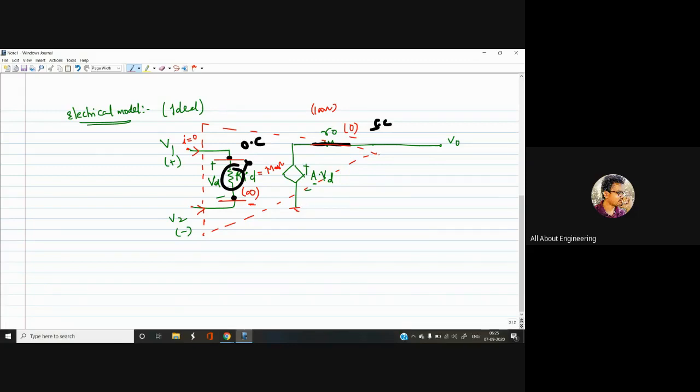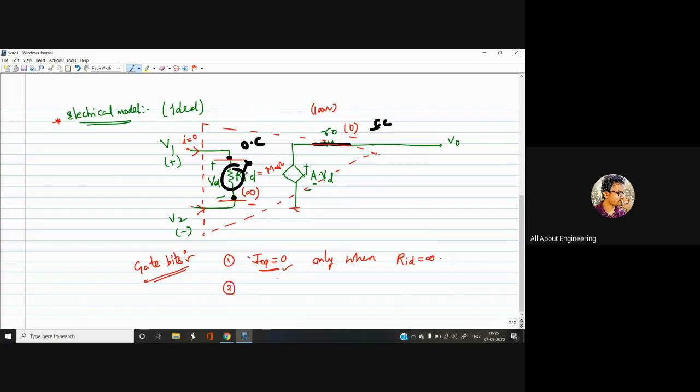Based on this concept of the electrical model, there were two previous GATE questions asked on this topic. Let me briefly tell you about them. If the input current I_OP equals 0, when is this possible? That is the GATE question asked, and the answer is that this is only possible when RID equals infinity. It might look very easy, but at that instant you should recollect this electrical model of the op amp to answer the question.